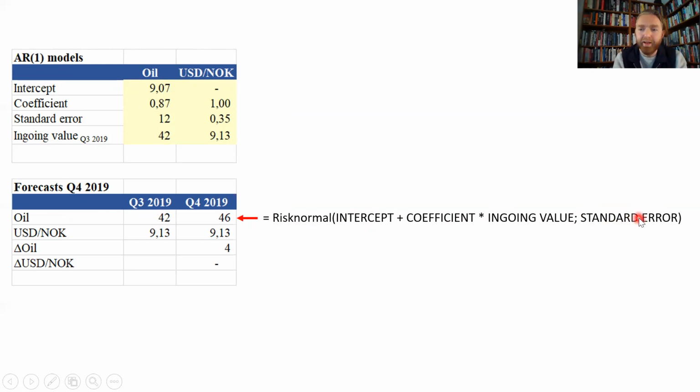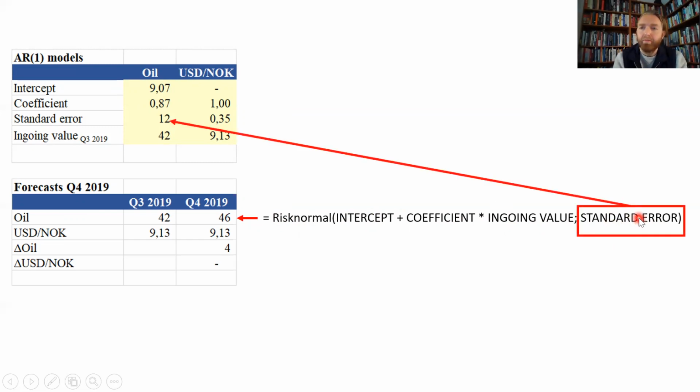So the standard error here captures the uncertainty around this forecast. That makes it possible to simulate, because we can instruct the program to draw random values based on this standard error around the forecast in each scenario, giving you a new simulated exchange rate and oil price, which you're then going to feed